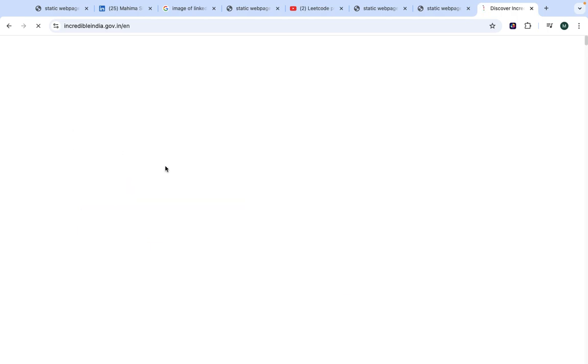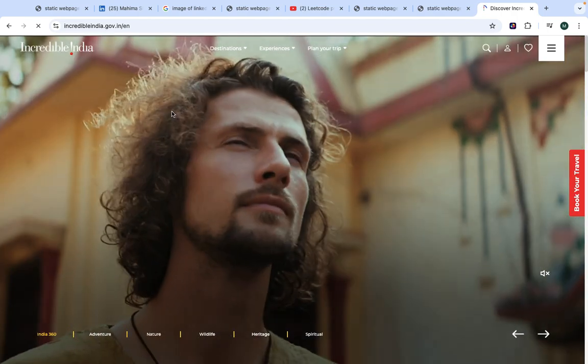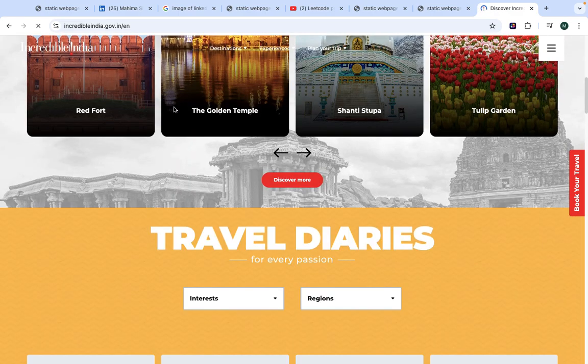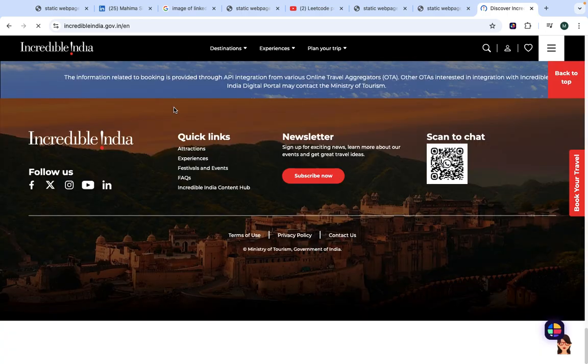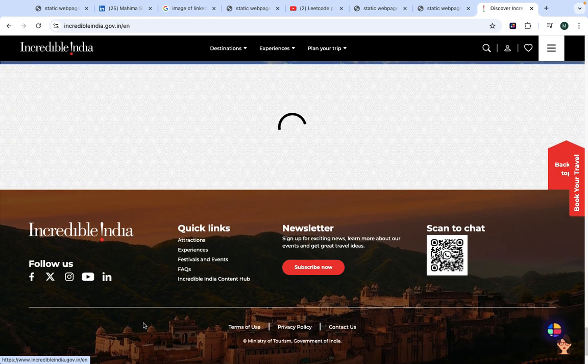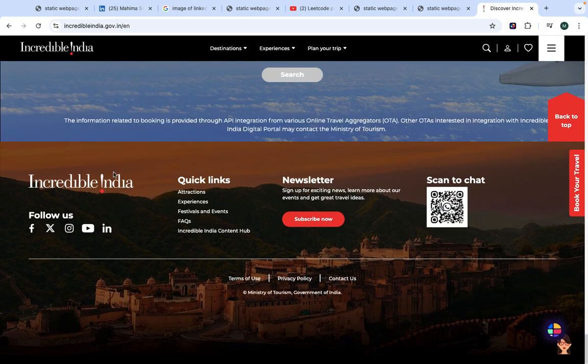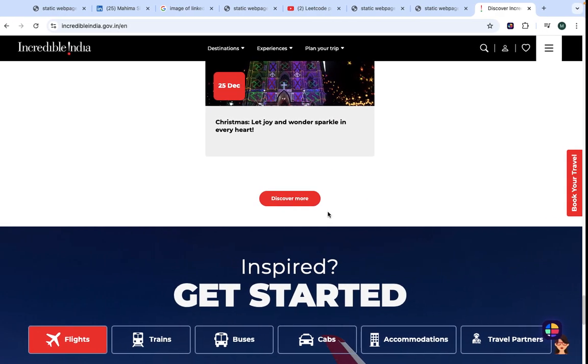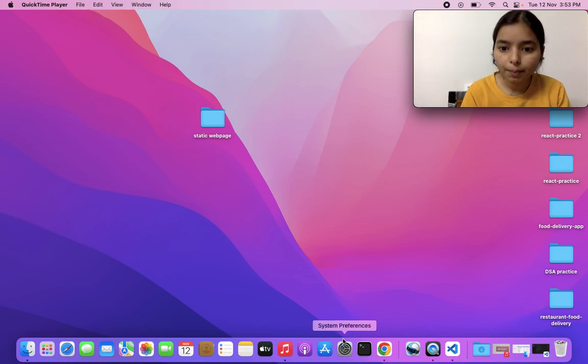I will show you what the footer section means. As you can see, I'm going down, down, down. This brown part which you can see, with Incredible India quick links, newsletter, scan to chat, follow us, is called the footer part. The terms of use, all this is the footer region. So in our web page also, we are going to